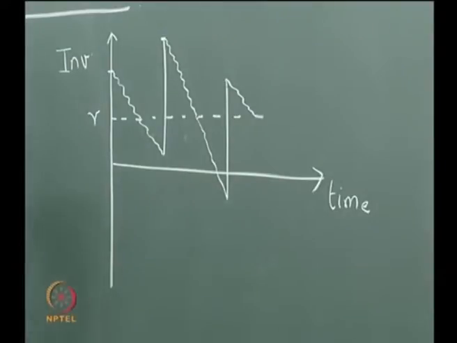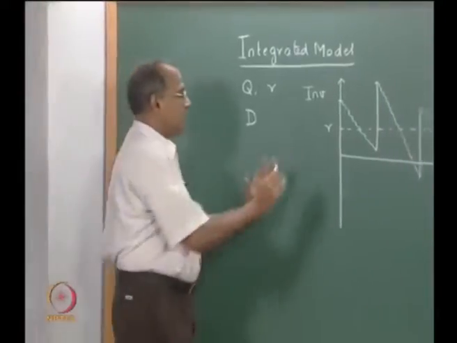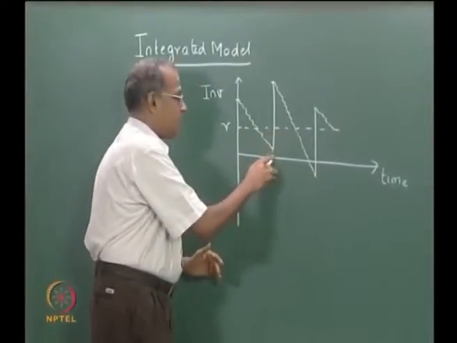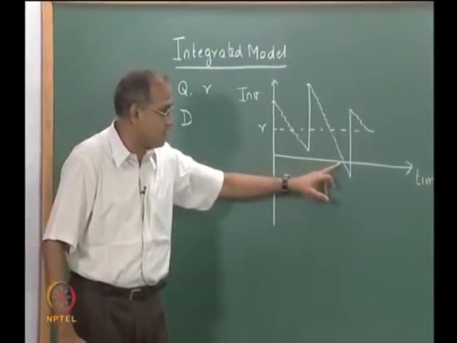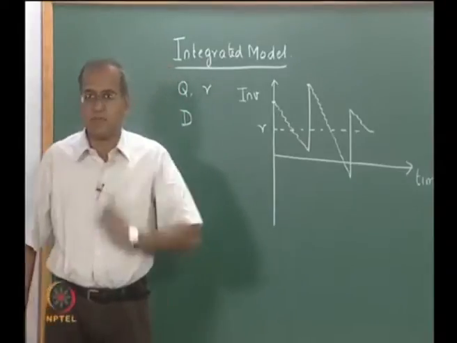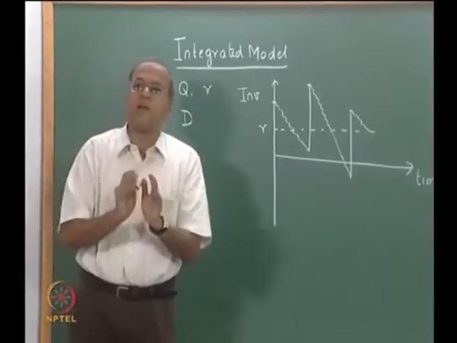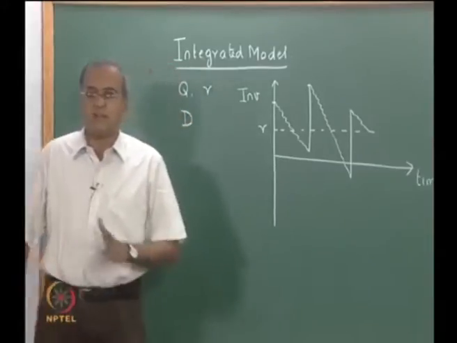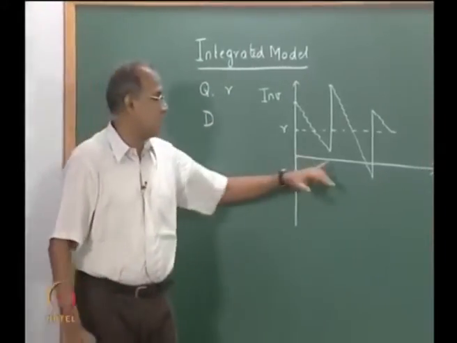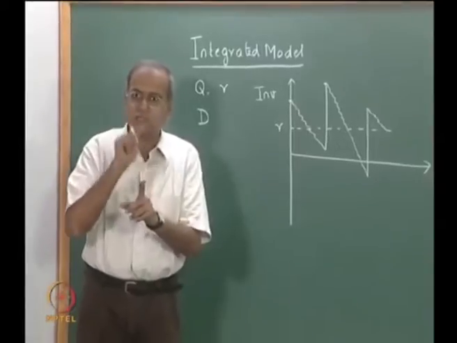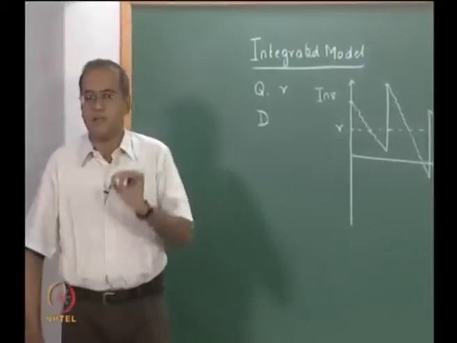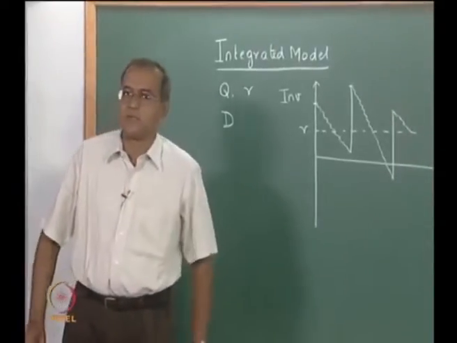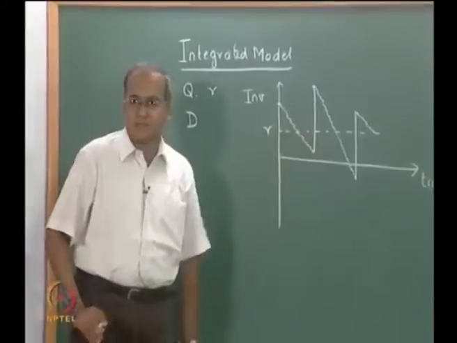So the only change that we have made is that, because of the probabilistic nature of the demand, there can be some cycles where the ending inventory is positive when the stock arrives, and there can be some cycles where the ending inventory is negative when the stock arrives. This is different from the earlier deterministic models where we consistently assumed that the inventory will be 0 when the stock arrives, or in the case with back ordering, there will be back ordering every time the stock arrives. So we could have cycles like this.